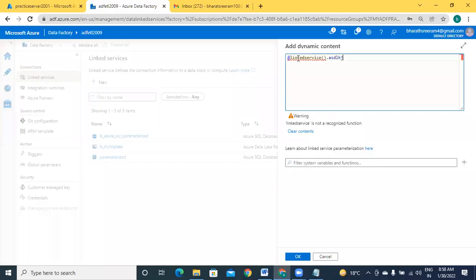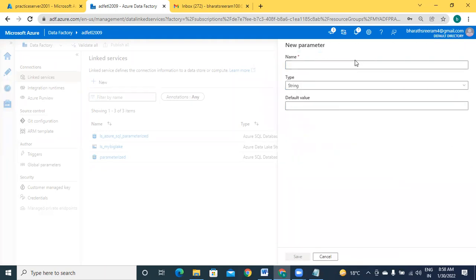But if you don't know that value, before that you have to add that parameter before fixing this. To add a parameter, here you will find a plus symbol. Click on this plus and give the parameter name. The parameter name is